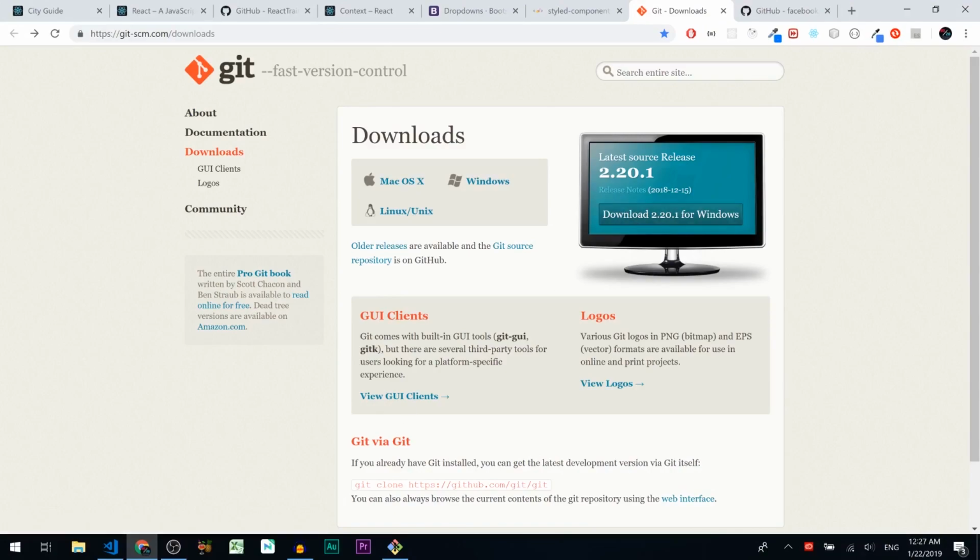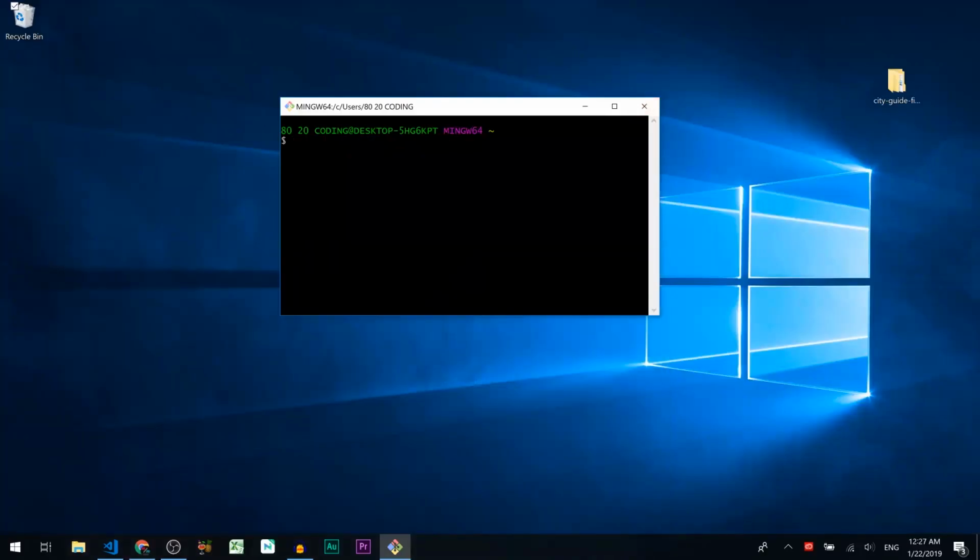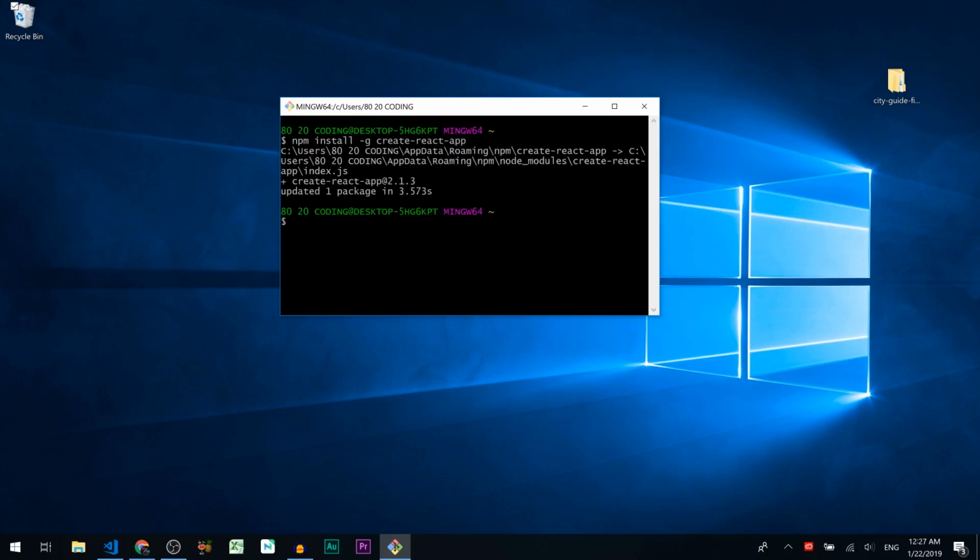Now let's install Create React App globally on our system. In terminal, type npm install -g create-react-app. Now we can create our project folder with all important dependencies. Go to the directory where you want to place the project.